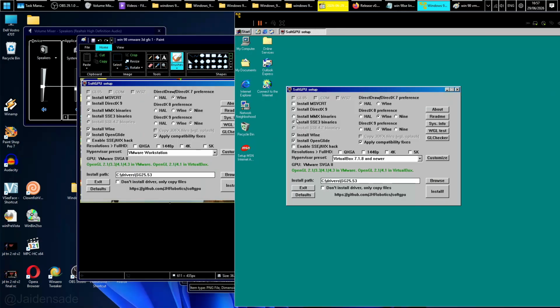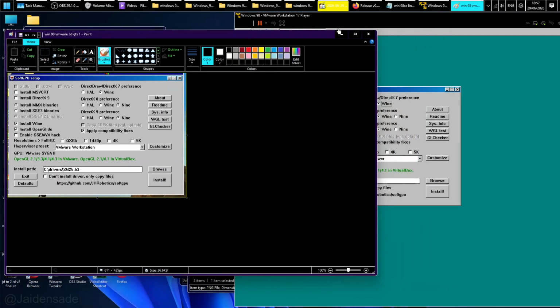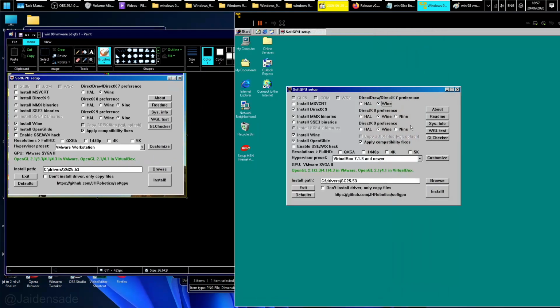We need DirectX 9. I do MMX. Install Wine. It's got some Wine components in it apparently. We want Wine for that, and then 9 and 9. So this is DirectX 9, not emulated. And then we go to customize,